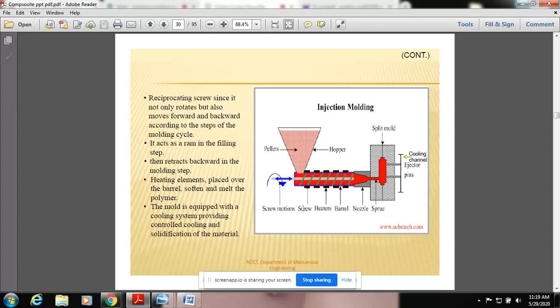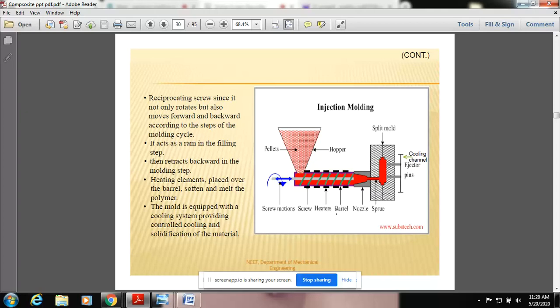If the fiber is a natural fiber, not a synthetic fiber, the temperature should be lower. If it is a synthetic fiber, the temperature can be higher. It depends upon what kind of resin is used; the temperature of the heater is maintained accordingly, right? And one more thing, you may ask the question, what is the size of this barrel?